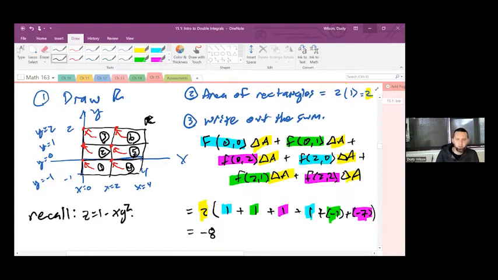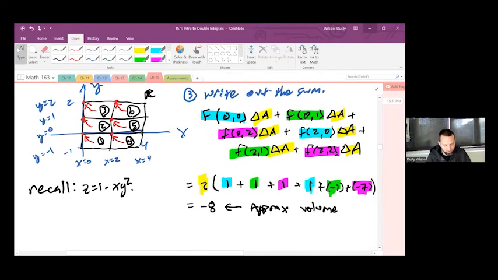Okay, and so this minus 8 would represent the approximate, not the exact, but the approximate volume "under", I put it in quotes because since it's negative, clearly our surface is mostly living underneath the XY plane. The approximate volume